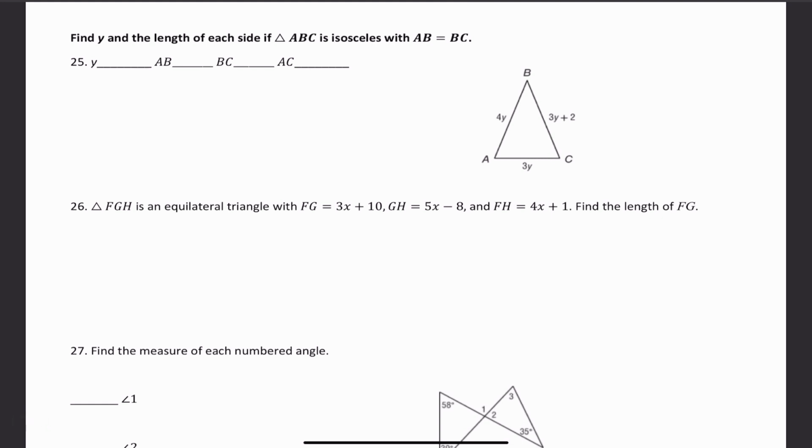Welcome back. Today we're going to look at the last part of the Unit 4 test review. Find y and the length of each side if triangle ABC is isosceles with AB